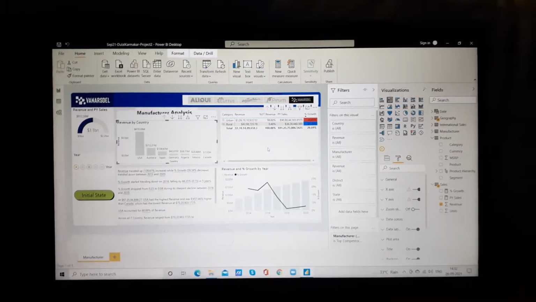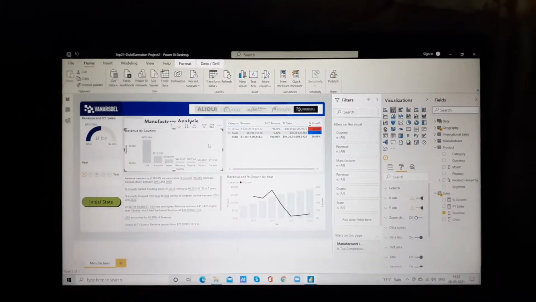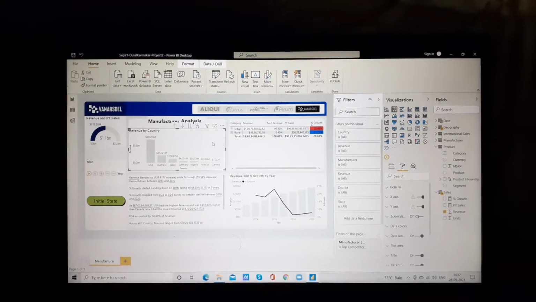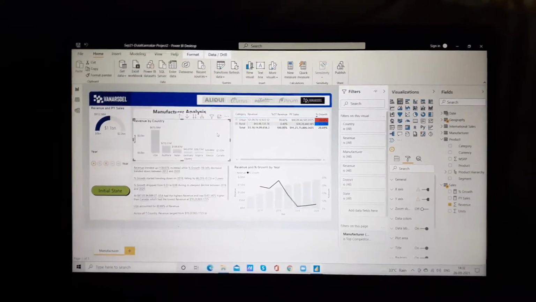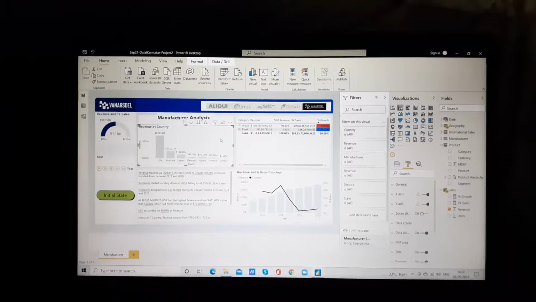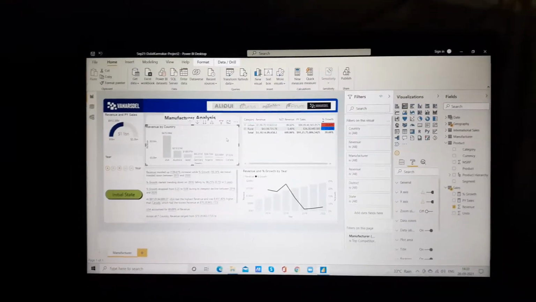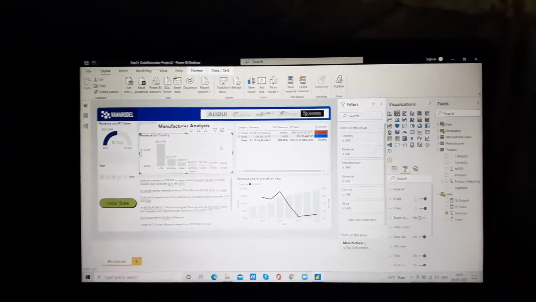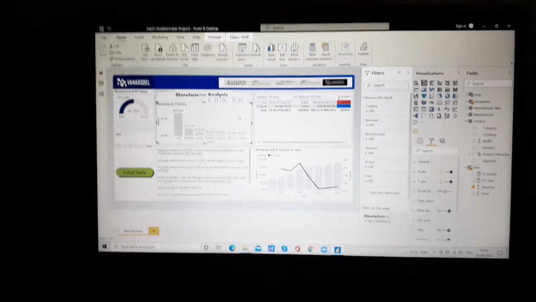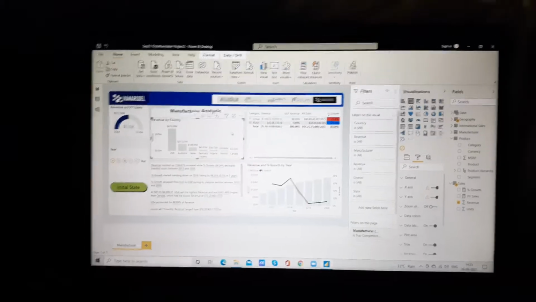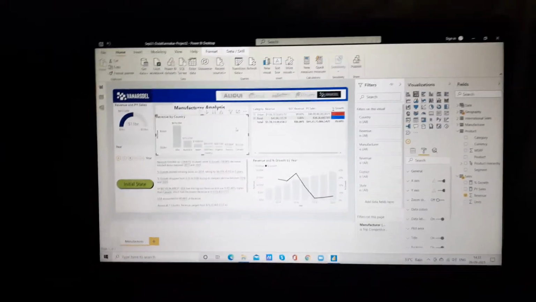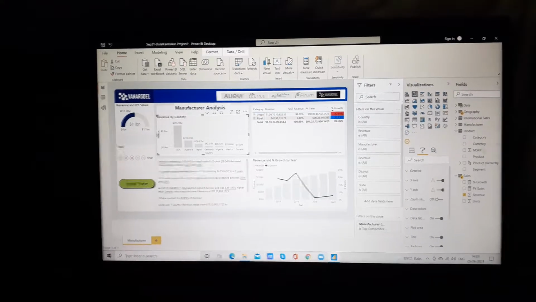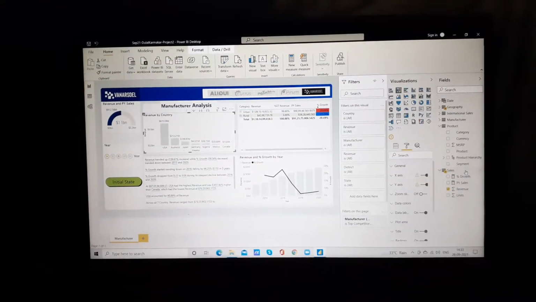So today I will demonstrate a project named Dashboard in a Day, and I will also show you how we can visualize and analyze the data using the Power BI tool. Before starting the demonstration, I will show you the query tables which contain the data.